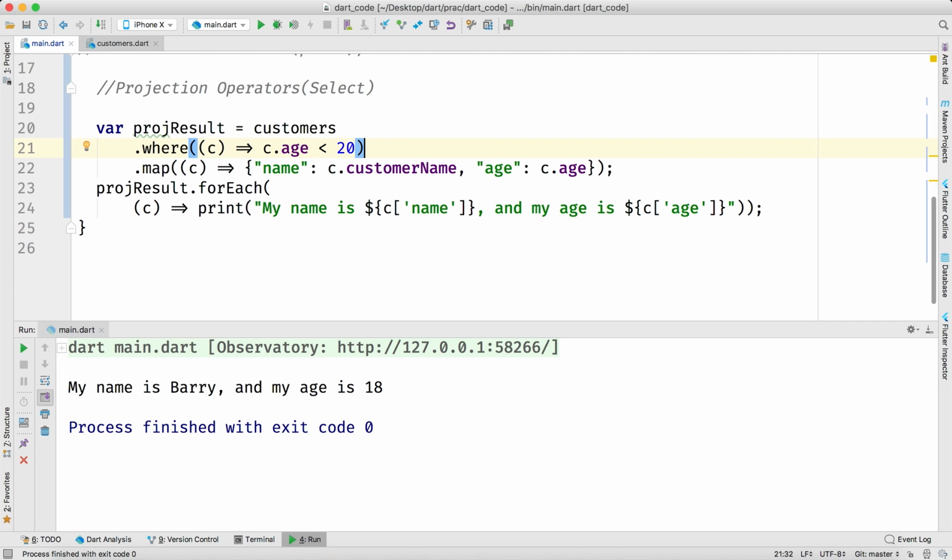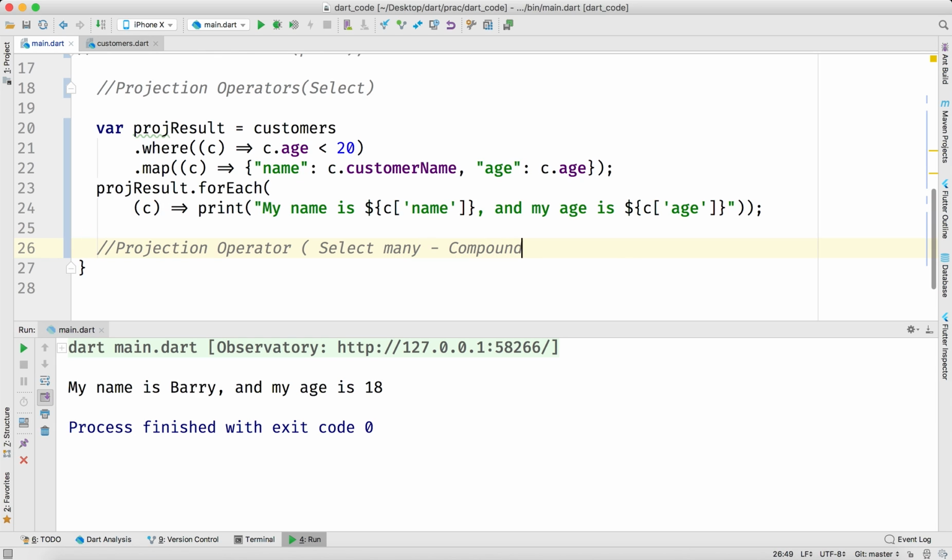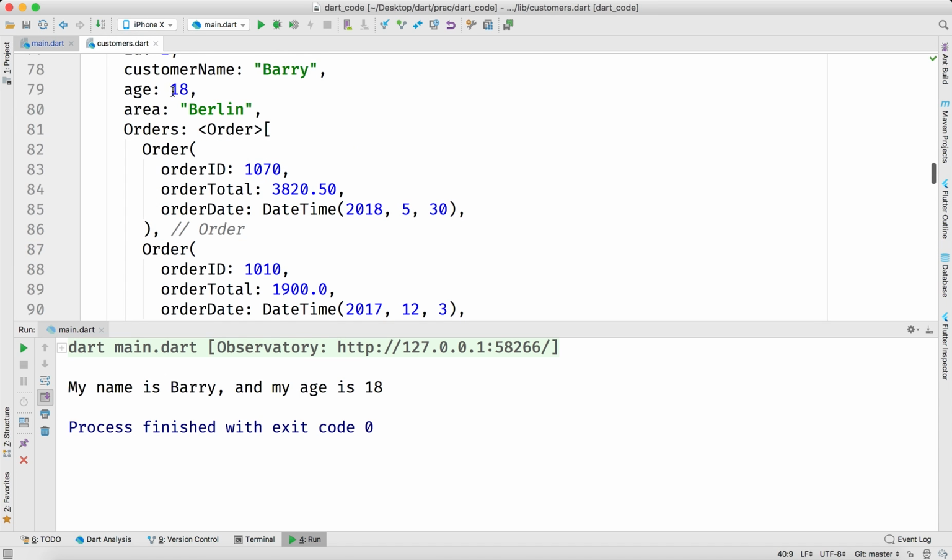Now this is a very simple thing where you have a list and you are doing some operations. Now let's go to a second projection operator. Let's say you have to select many of them. What does select many actually mean? You can also say compound. So what that means is, let's say